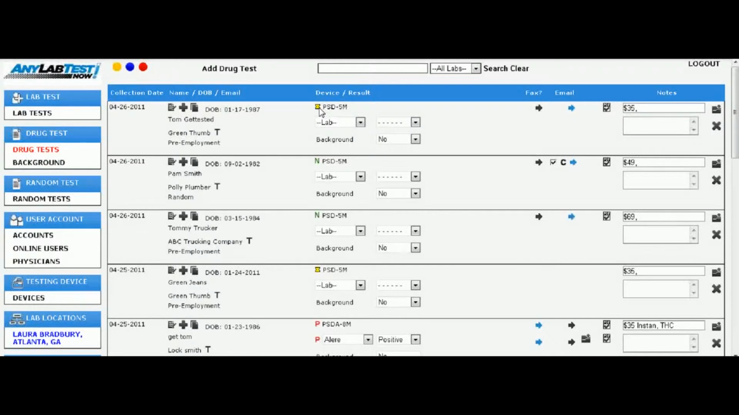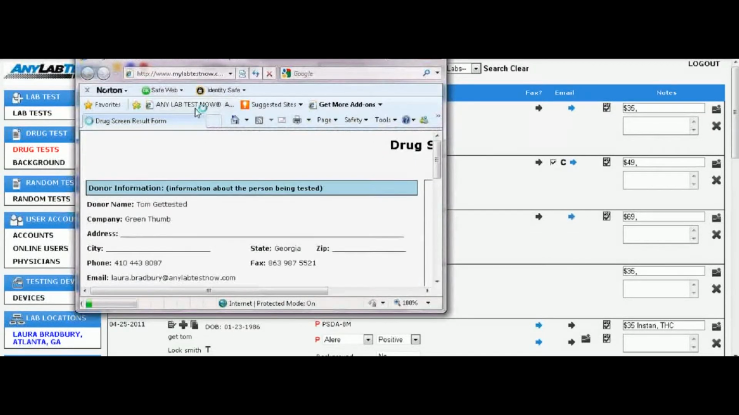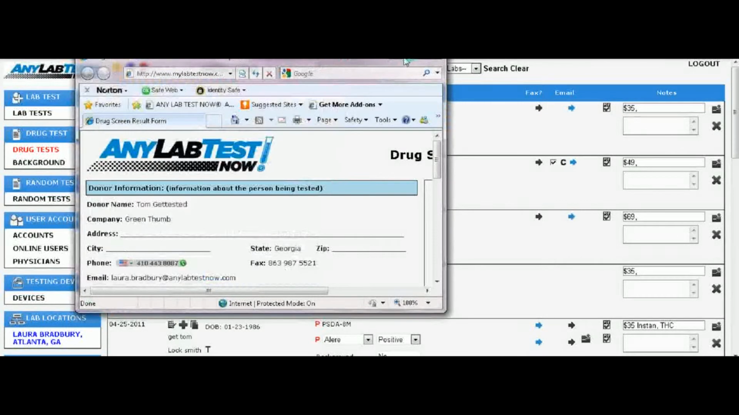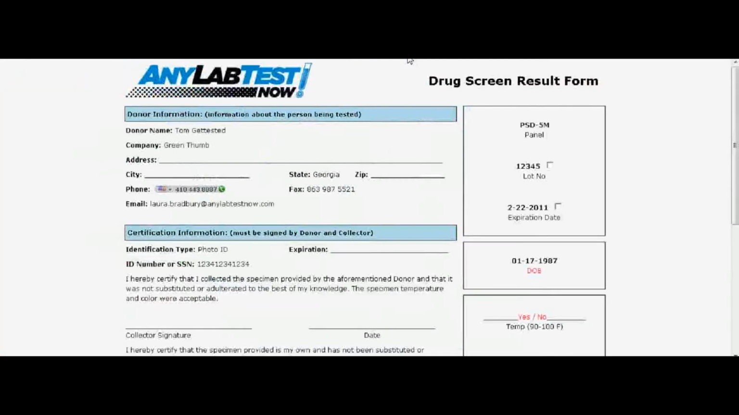So by looking quickly at the overview screen, you can see which tests you're working on right away. The next thing you would do is click on the lab test order form. This is going to automatically create a PDF that you can print and carry with you based on the information